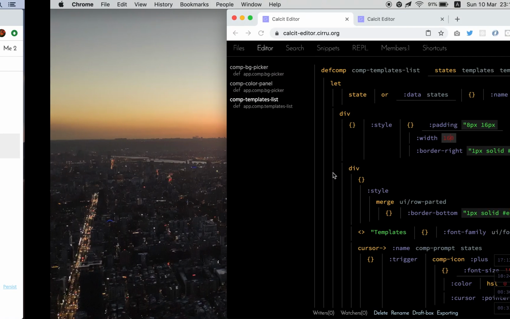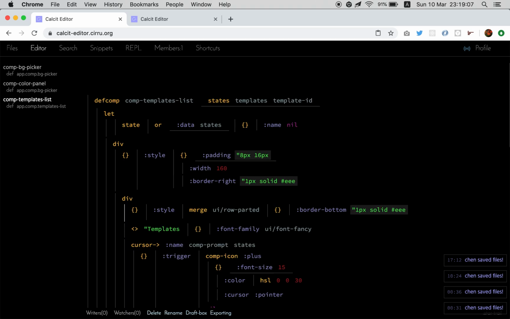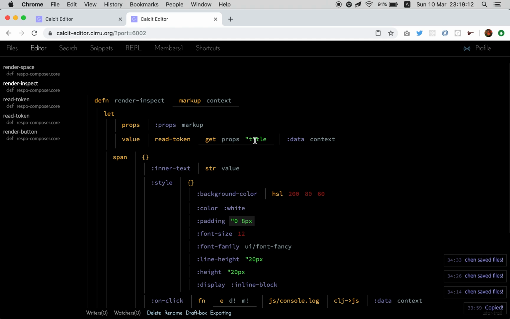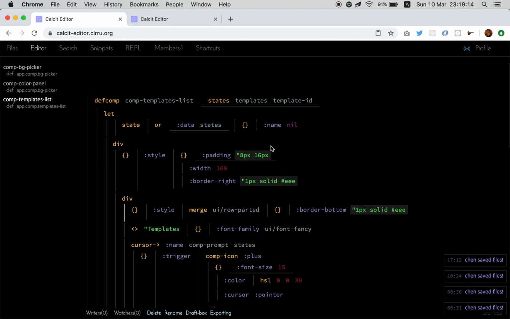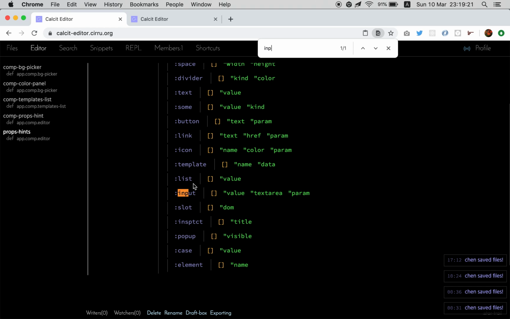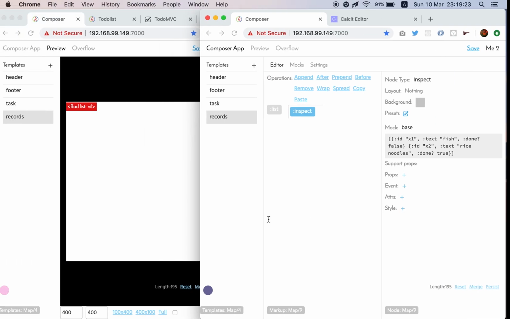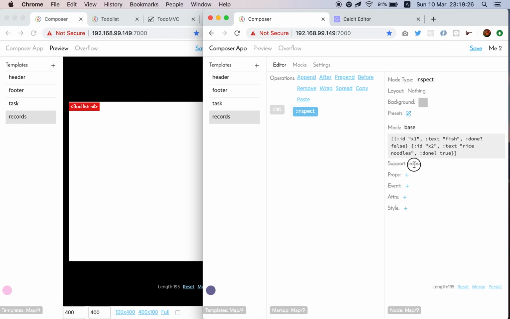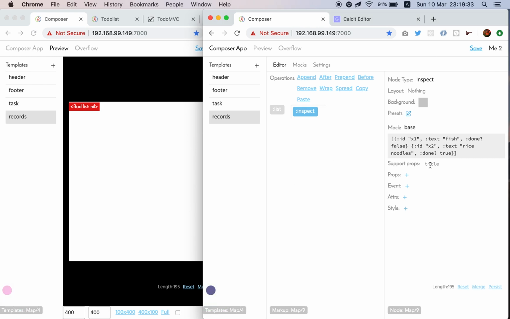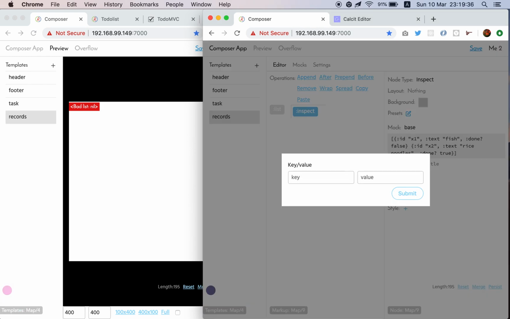Oh, let me take a look. The inspect element should have some prop hint. Title. Inspect. Oh, so that's the bug. It should tell me to use a prop called title. Anyway,